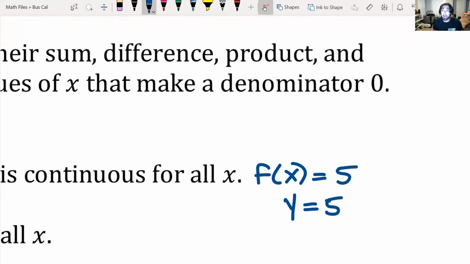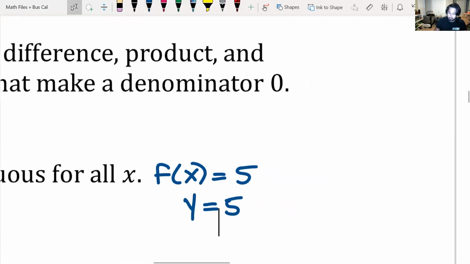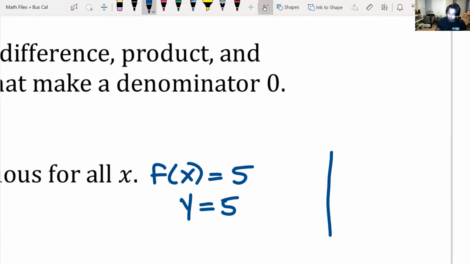Y equals 5 is what type of line? Don't say straight. All lines are straight. Y equals 5 is a horizontal line that goes on infinitely, right? Y equals 5 looks like this,